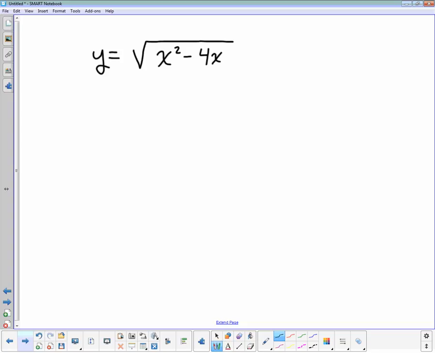The outermost wrapper is a square root. So when I, quote unquote, unwrap that, when I take a derivative of that square root, it becomes